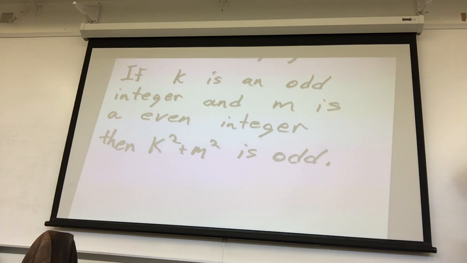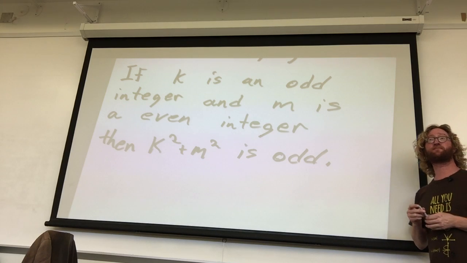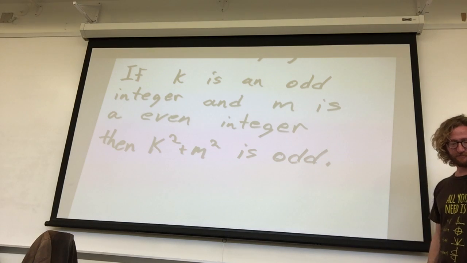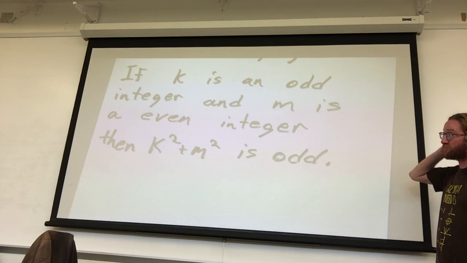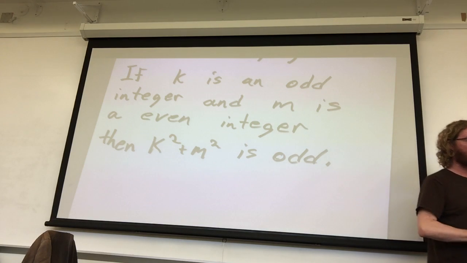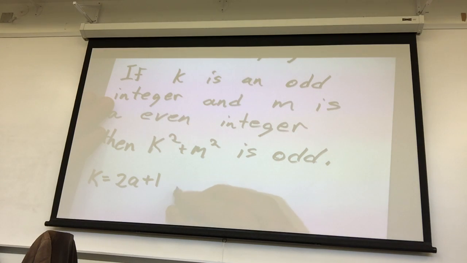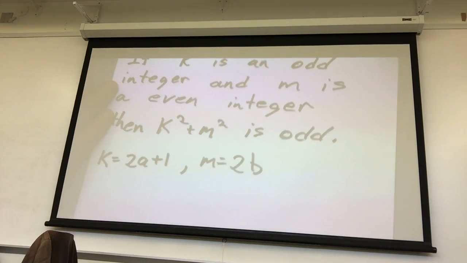Okay. So unlike the previous problem where we did the method of exhaustion, this one's actually true and we're gonna prove it to be true. So what is meant by this? We say m is odd. So if m is odd, okay, and m is even, so that would be some 2b